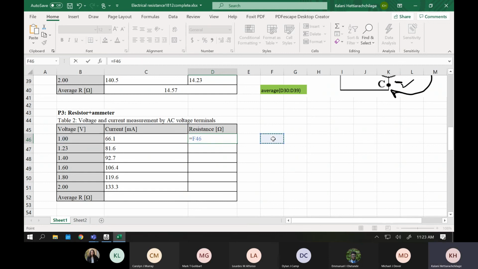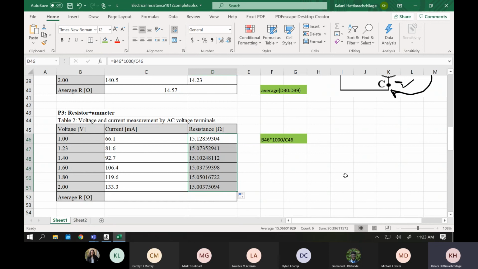Give me a second. And here. Now this is with the ammeter. Basically your resistance will be a little higher than the one above, because the ammeter has some internal resistance inside. You remember that the internal resistance is around 1 ohm. Because of that it increased by around 1 ohm.